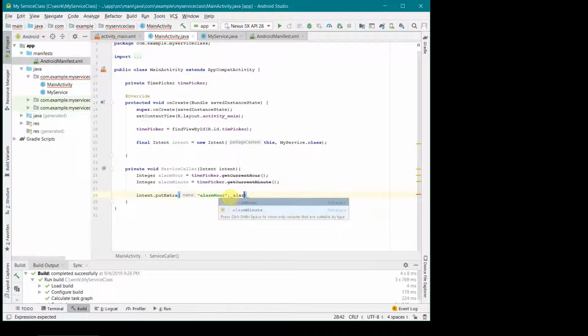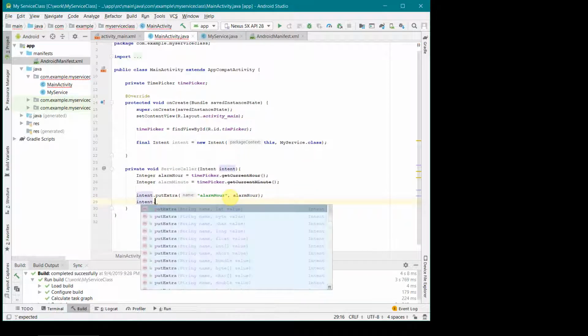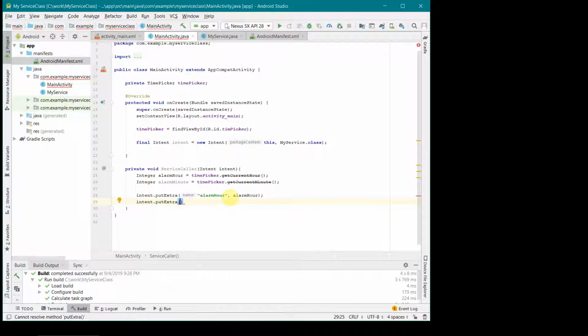If there is a spelling mistake, it may not be able to extract the correct values. It may crash your app also, just for your information. Same thing we'll do for alarm minute. This time I'll just do a copy paste.